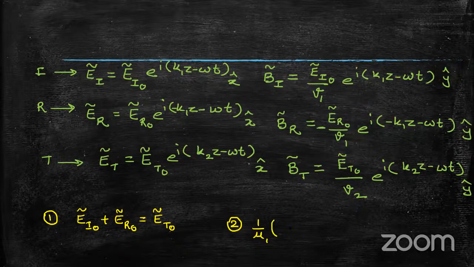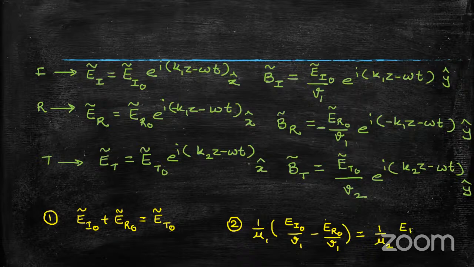So I'm writing E_I0 by V1 minus, so this would be plus, but we have a minus, E_R0 upon V1, again is equal to 1 by mu2 E_T0